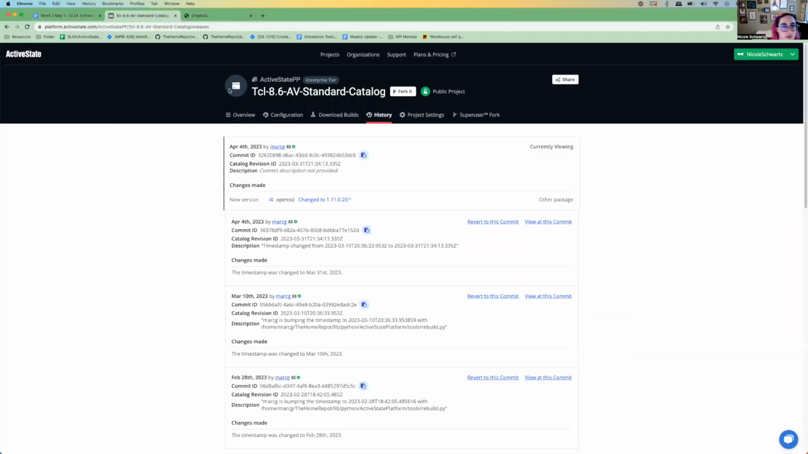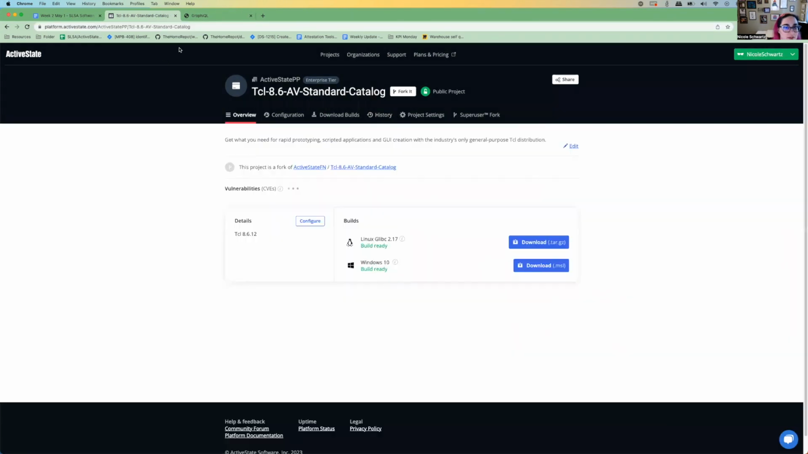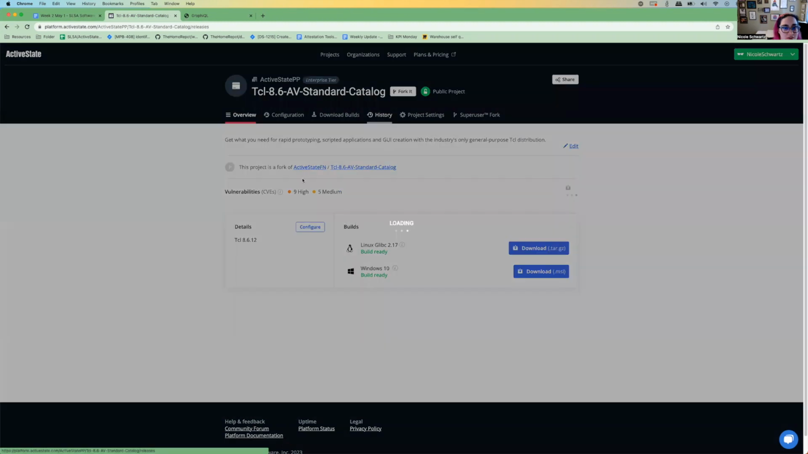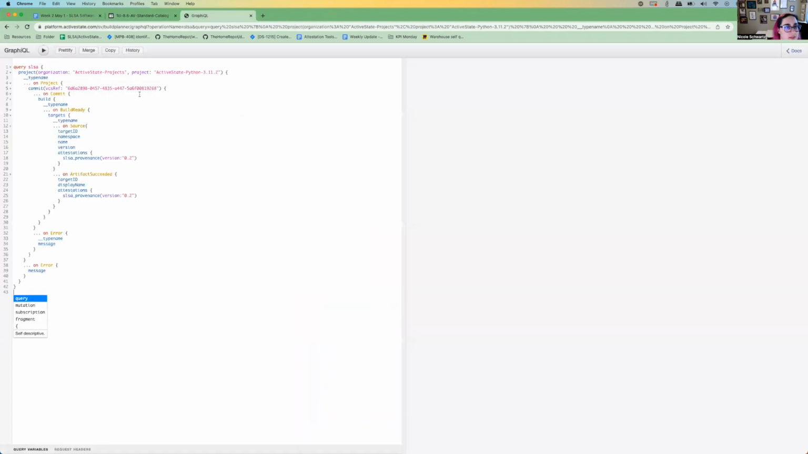And then I need to, again, this is my org name, this is my project name, but it's easier to copy up here from the URL bar. So I'm going to copy that. You're usually probably going to end up on the overview page here, but the history page is what's going to have the commit IDs. So I will copy in my organization name, project name,